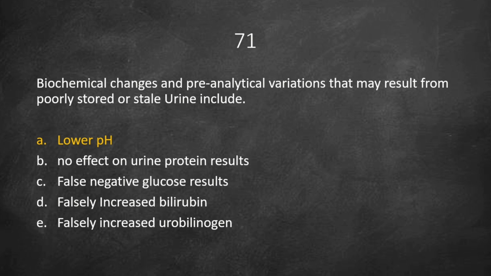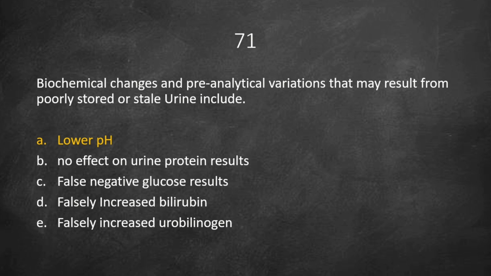So let's analyze the options. So urine pH tends to decrease, that is become more acidic over time due to the bacterial growth and the breakdown of urea into ammonia, which lowers the pH. So that's why we're accepting option A as our answer. If you look at B, it says no effect on urine protein. This is incorrect. Poorly stored or stale urine can lead to degradation of protein or change in the urine matrix, which can affect the protein result measurement. And if you look at C, it says false negative glucose result. This is correct,